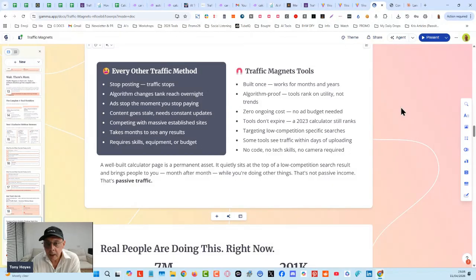Okay. And even better, you're going to be able to let other people embed your tools on their website, and you can put in the link to your website so that it will link back to you when they embed it. If they embed your tool on their website, then it's going to have a link embedded into the tool going back to your website. Okay. That's going to build up backlinks and probably traffic as well.